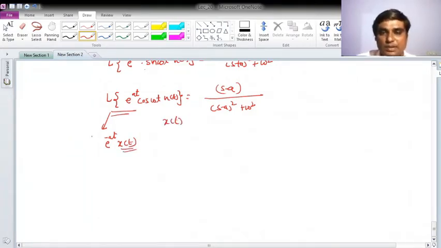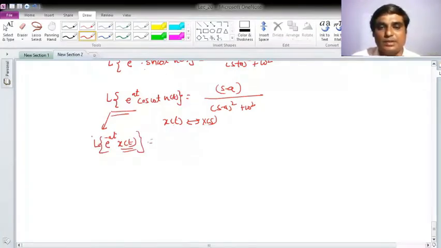That is, the Laplace transform of x of t is, say, X of s. Why I am showing both is because the Laplace transform of x of t is X of s, and the Laplace inverse of X of s will be x of t. So if I take the Laplace transform, what basically happens is that whatever X of s, that s will be replaced by s plus a. That is what we have found here also.